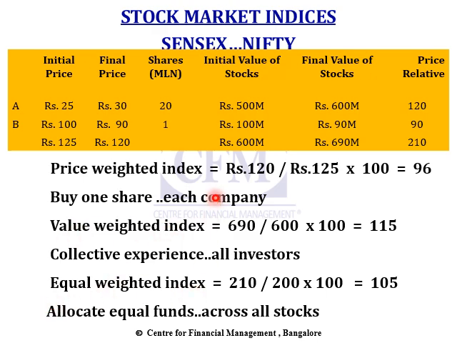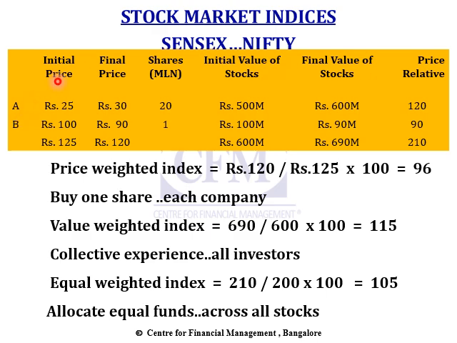weighted index. An index is based on a sample of stocks drawn from the universe of listed stocks. This sample may consist of 30 stocks, 50 stocks, 100 stocks, or whatever. The method of construction remains the same irrespective of whether the sample is 30 or 50. Since we are interested in learning about the method of construction, we'll keep our sample very small. We'll look at a sample of just two stocks, A and B.